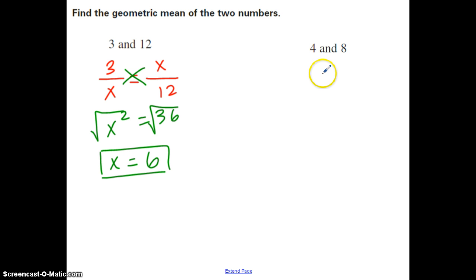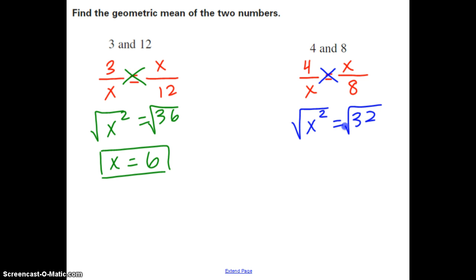Let's find the geometric mean of 4 and 8. So again, we're going to start off with our proportion, 4 and 8 in the opposite diagonals, x and x in the other ones. Then, when we cross multiply, x times x is x squared, 4 times 8 is 32. This time, when we take the square root of both sides, 32 is not a perfect square, so we need to simplify that radical. So 32 is equal to 16 times 2,